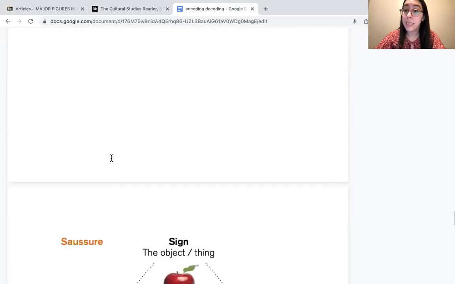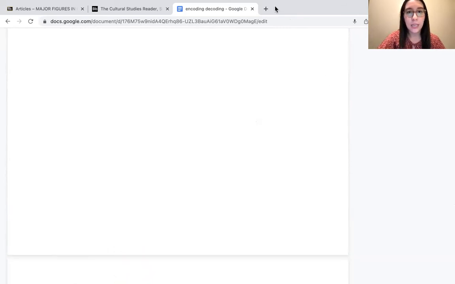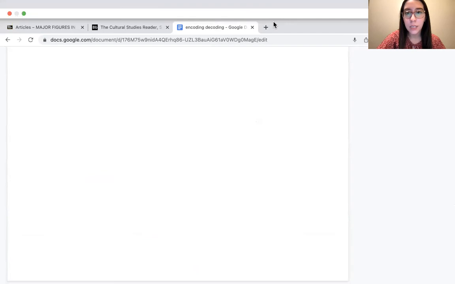Okay, and it looks like that is all. So I hope that this lecture was able to give you guys a little bit more, how do I stop screen sharing? Stop share. Just a little bit more of an understanding of what the encoding decoding article was trying to give us a little bit more insight about. And this is what the process looks like.